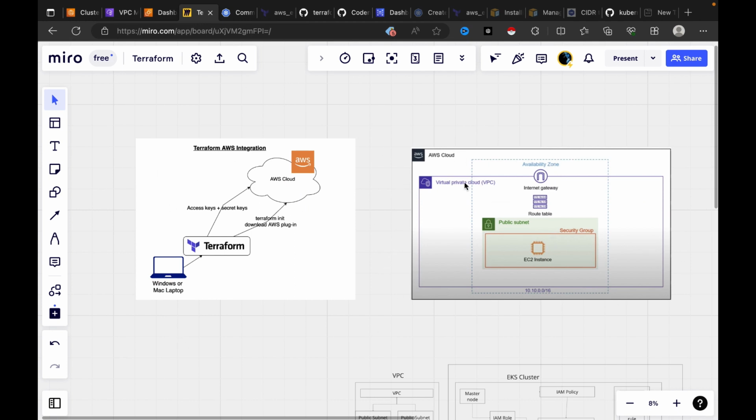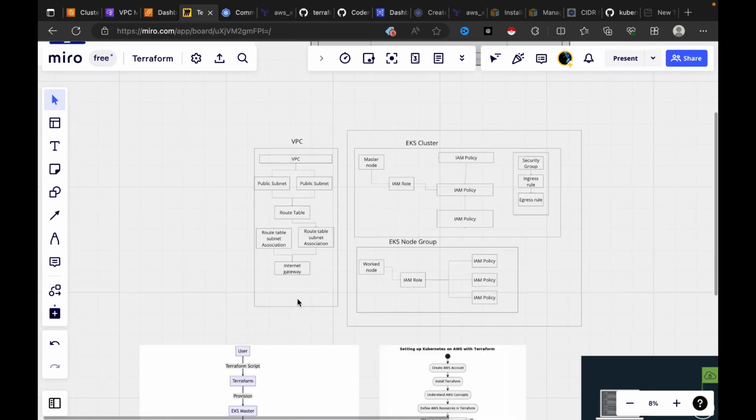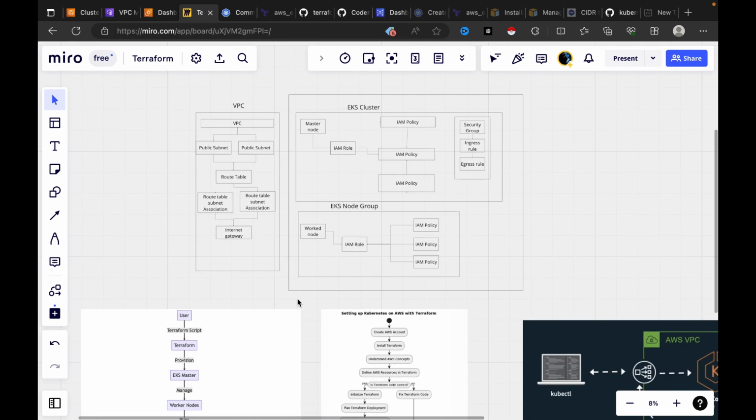I created a VPC and subnets, the private subnet, a route table, and the internet gateway with an IP address, and I applied them using Terraform. I created access and secret keys, and using the access keys and secret keys, I initiated the process and created the resources in the previous video. So coming to this video, before we start,